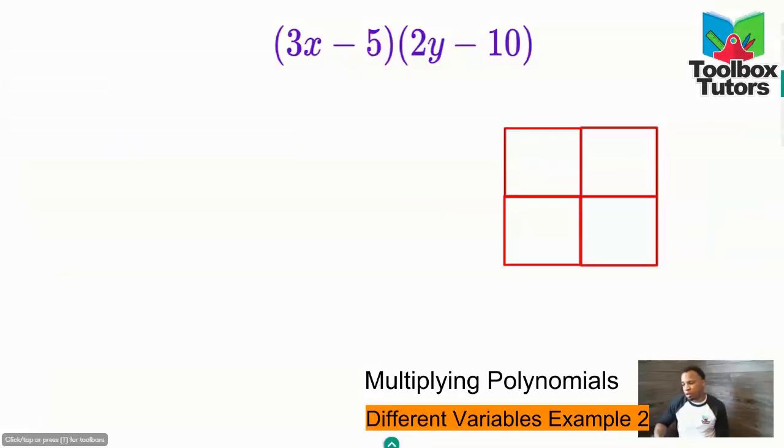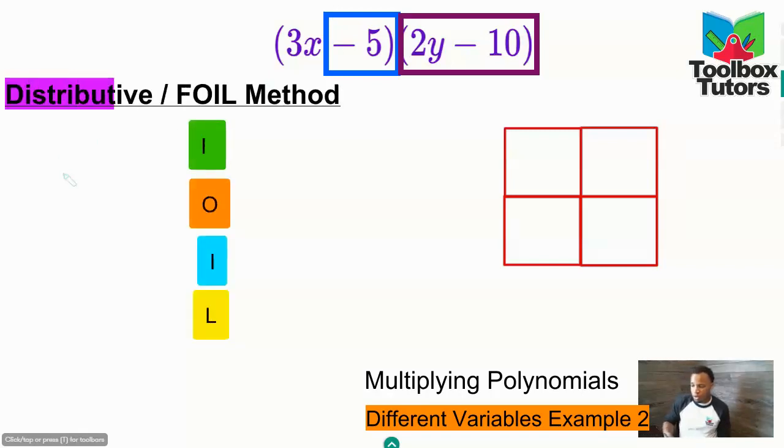So for this example, we'll be multiplying 3x minus 5 times 2y minus 10. So here, we're going to multiply the first term from the first parentheses times everything in the second parentheses. Then we're going to multiply the second term from the first parentheses times everything in the second parentheses. So from here, we'll start with